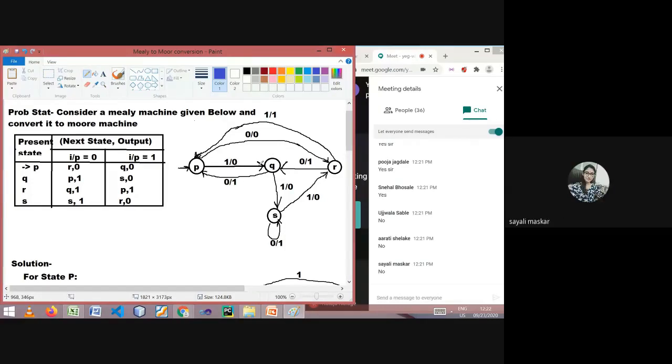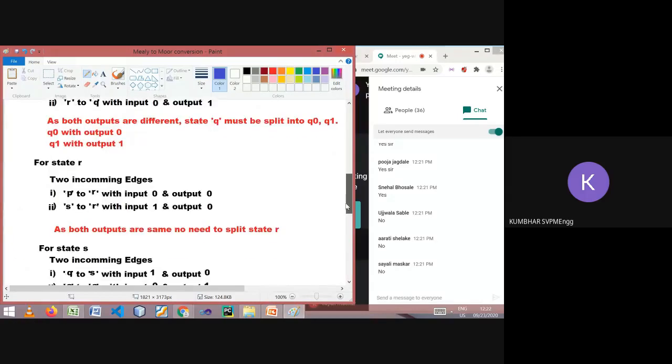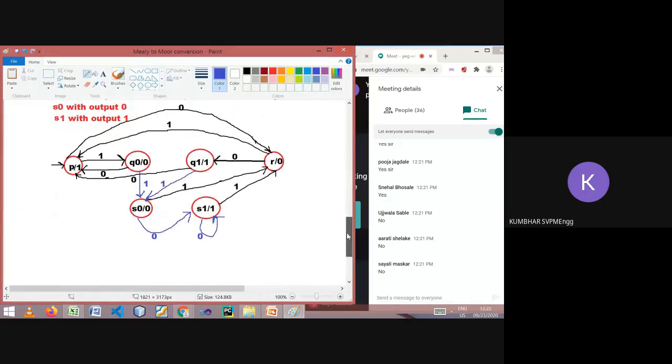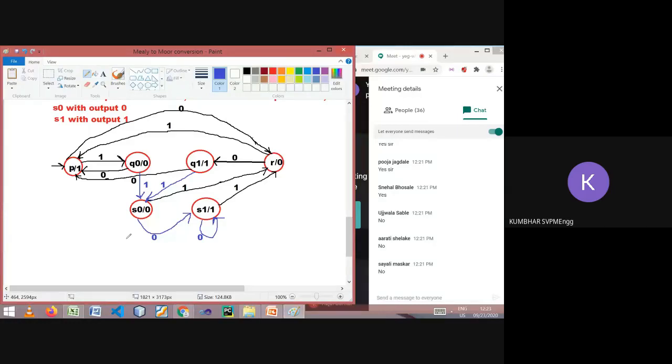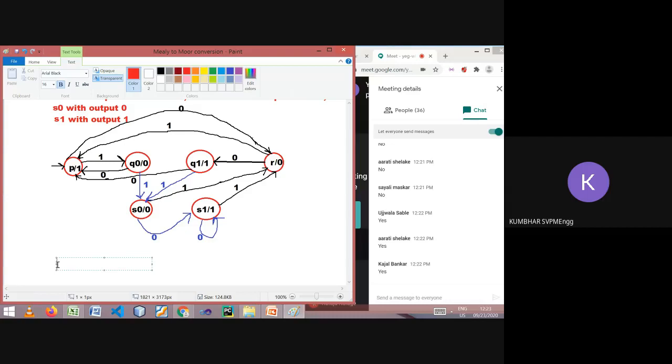Correct? Let's check whether it is the same case with the Moore machine. What do you think? Without any input, will this machine give the output? Yes. Why is it happening? Because its initial state itself is giving the output. So no need to read anything, it is giving the output. Means the conversion is not 100% correct. The original machine is not giving output without any input, but the converted machine is giving. So it is not correct.